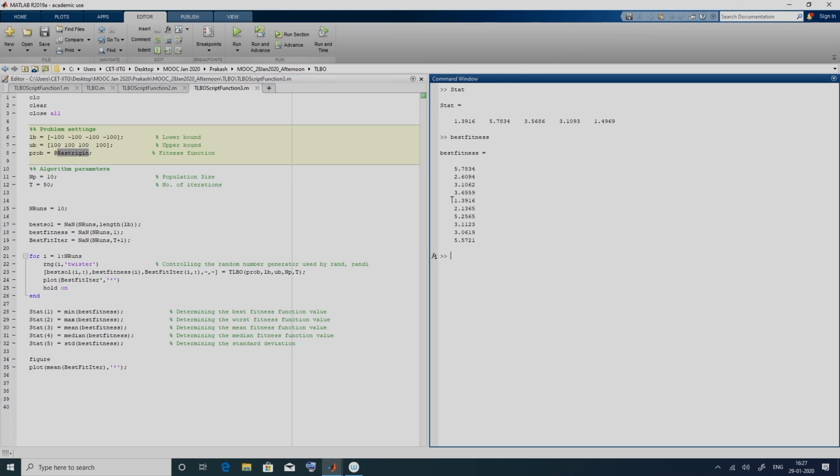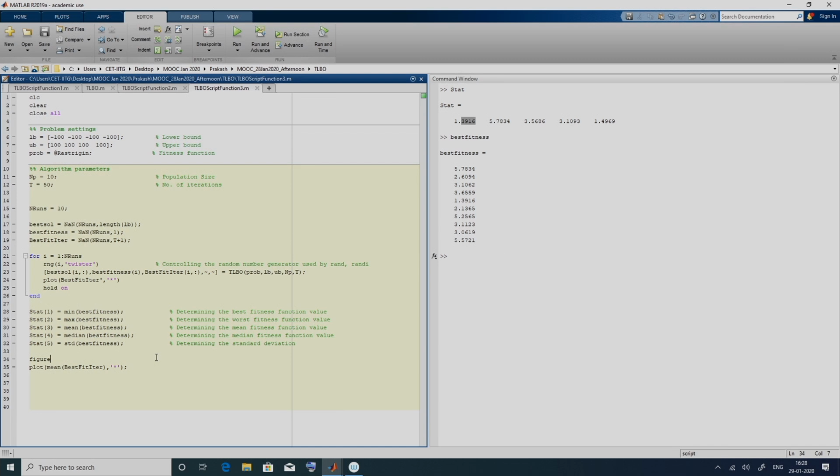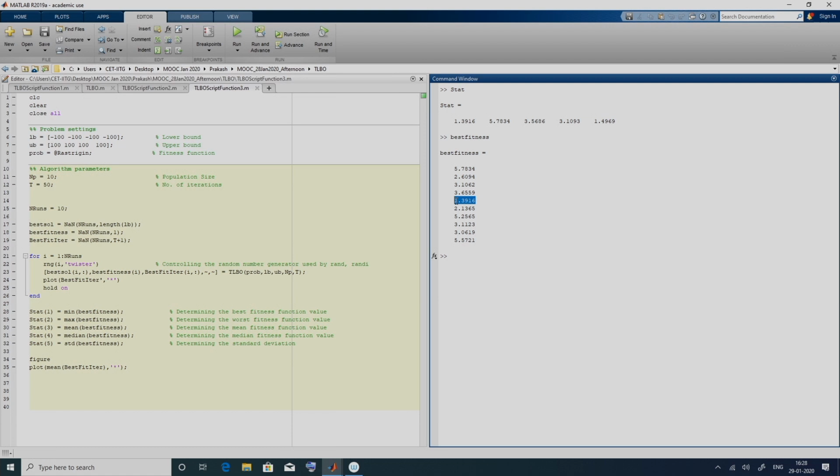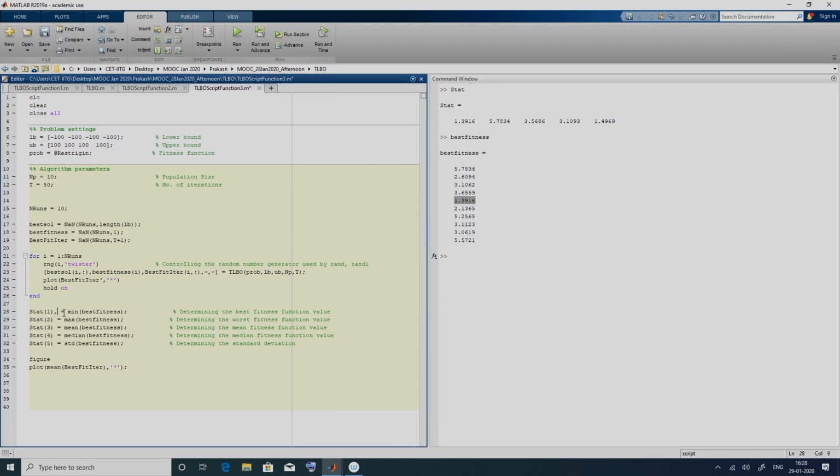Here if we see, the best value is 1.3916, the worst value is 5.7834, the mean, if you calculate the mean of this, works out to be 3.5687, the median is 3.1093 and the standard deviation is 1.496. If we are interested in the set of decision variables that gives us this 1.3916, we can modify this so that in addition to the value we also get the location.